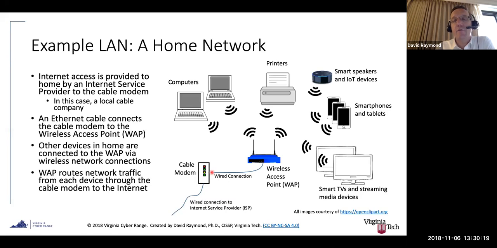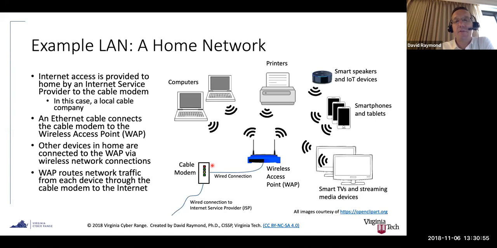And then in order to share that network signal with other devices in the home, generally you have to connect it to a wireless access point. So here in this example, I have the cable modem connected with a wire, this would be a Cat5 cable, to a wireless access point. Now, in some cases, ISPs are providing cable modems that have the wireless access point built in, right? So it's a cable modem and wireless access point all in one.